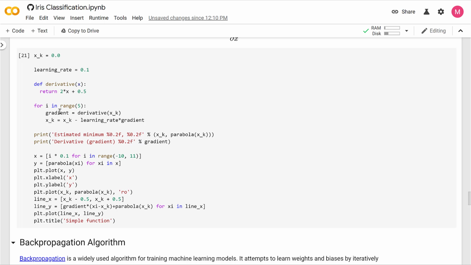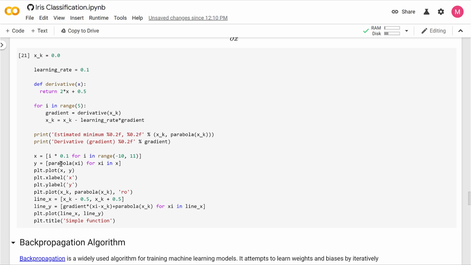And here's my iteration, where through every iteration I'm computing the gradient, which is the derivative xk. Derivative xk calls that function. And I'm going to subtract from xk the learning rate times this gradient, or the derivative, right? And I'm going to iterate. And here I'm going to just iterate 5 times just to see how it does. And then I'm going to print out what the estimated minimum is and the derivative at that point where we